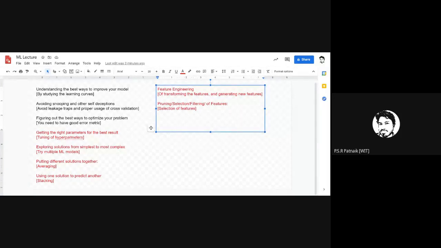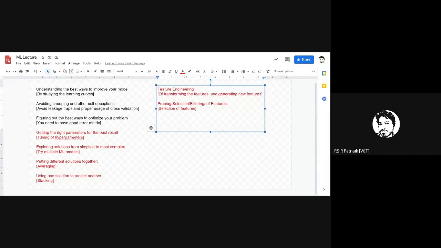So improvement in an ML model you can achieve by using feature engineering or by applying proper selection methods to filter out the features. And this too can be done computationally with the help of domain experts. So this marks the areas or the process through which we can improve any ML model's performance. I hope it is now clear to you how you can do that.